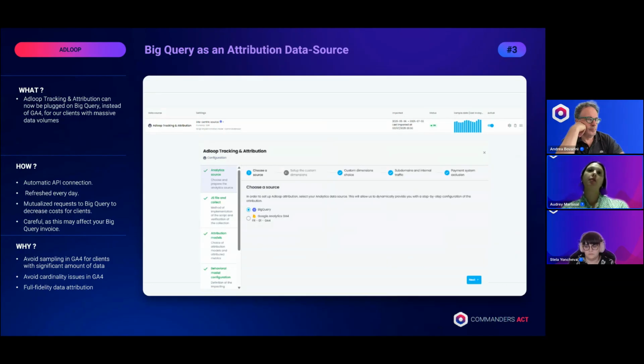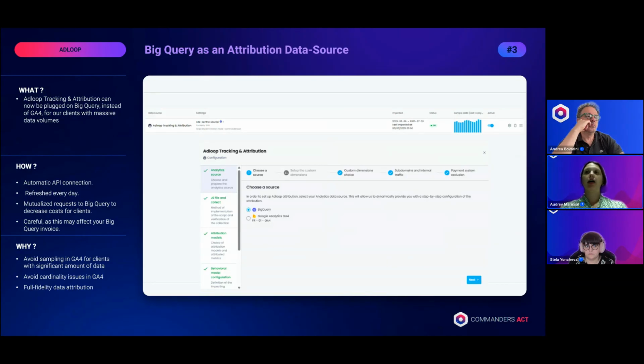The rest of the setup remains completely unchanged. The Adloop script is still needed on the website, and the custom dimension system remains unchanged and is still necessary. We've also optimized the connector as best as possible to pull the queries, to keep the client-side costs as low as possible on BigQuery.